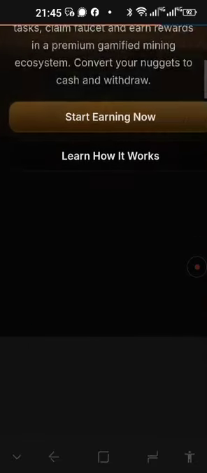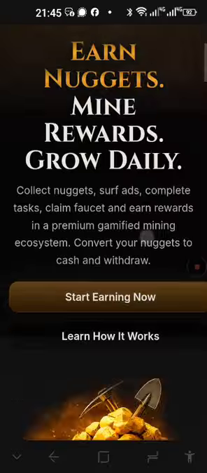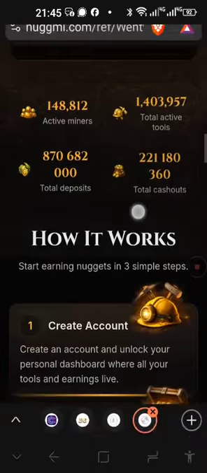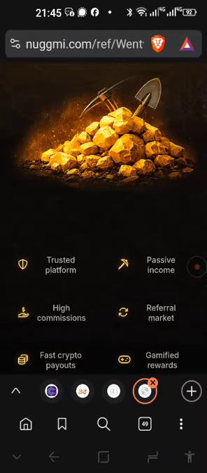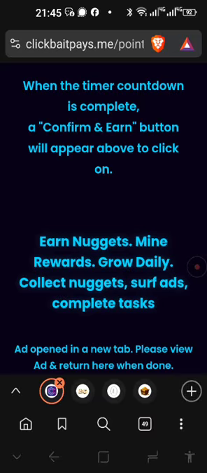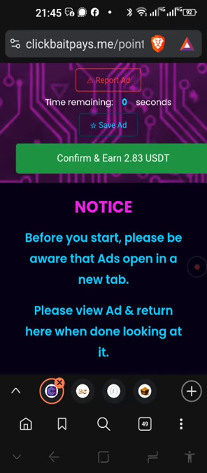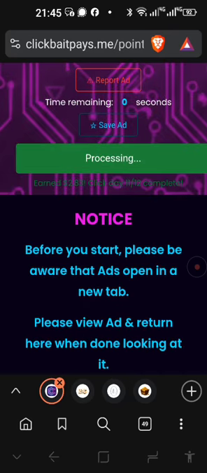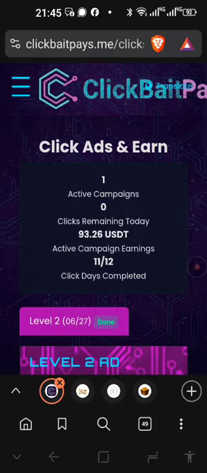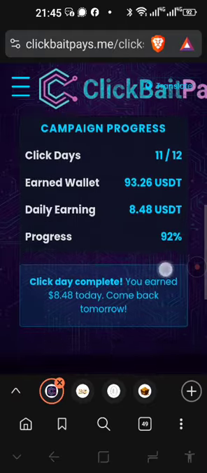Alright, so this is another platform that is advertising here. So as I say, you don't have to join these platforms, it's totally optional. You just need to complete your clicks. And that is how easy it is each and every day for 12 days, and then you wait for 7 days for your funds to be released.